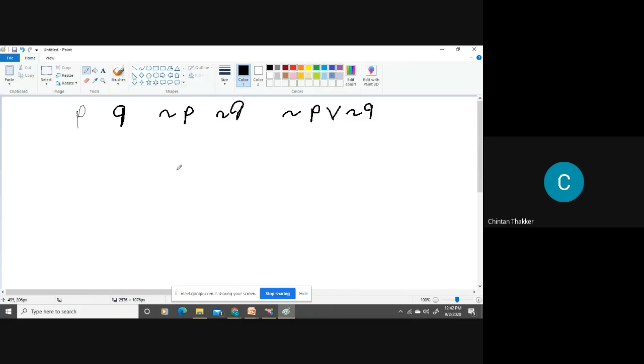In the truth table, these are the columns. When we have two statements, we take the combination.